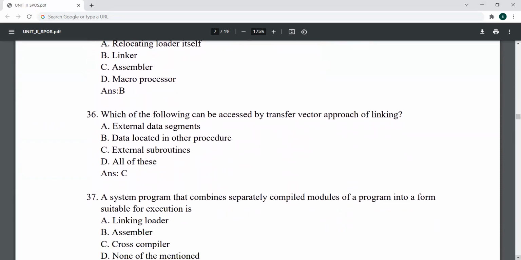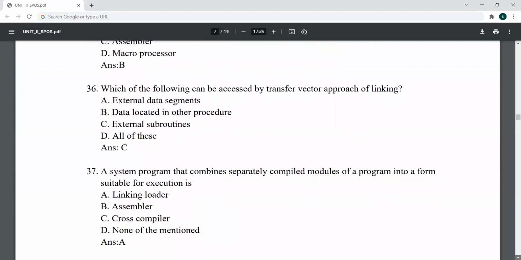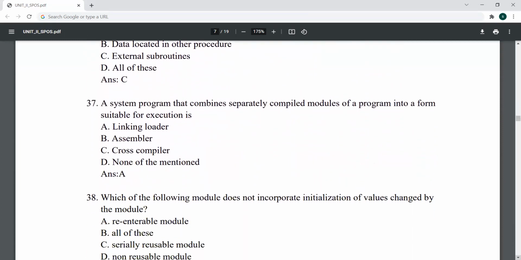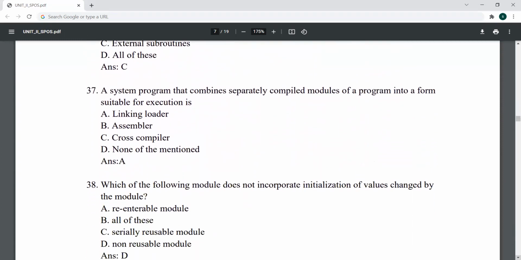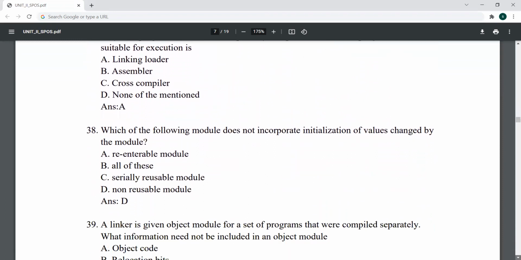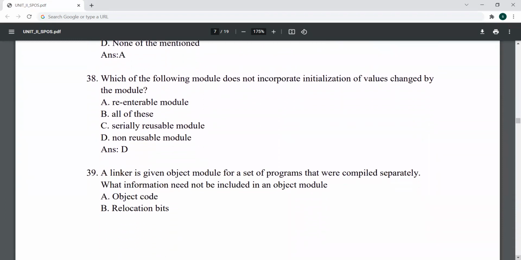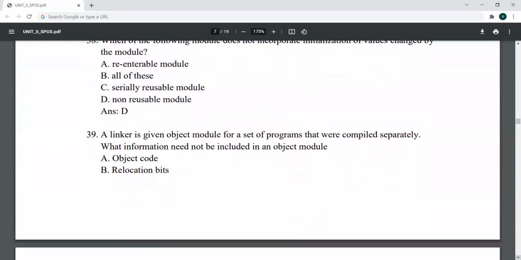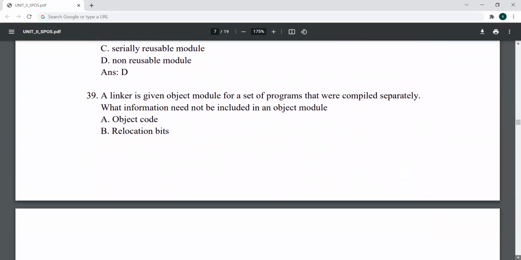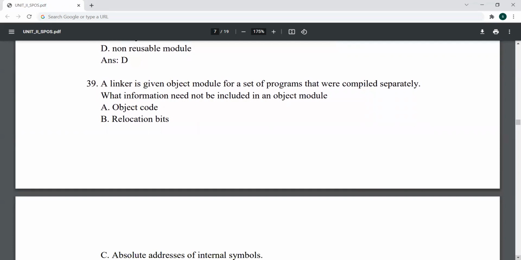Which of the following can be accessed by the transfer vector approach of linking? C option external subroutines. A system program that combines separately compiled modules of a program into a form suitable for execution is the option linking loader. Which of the following modules does not incorporate initialization of values changed by the module? The option non-reusable module. A linker is a given object module for a set of programs that were